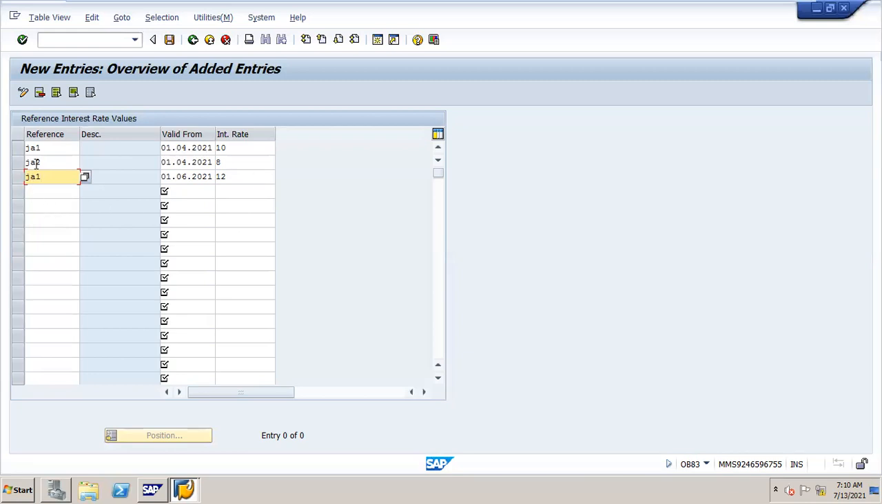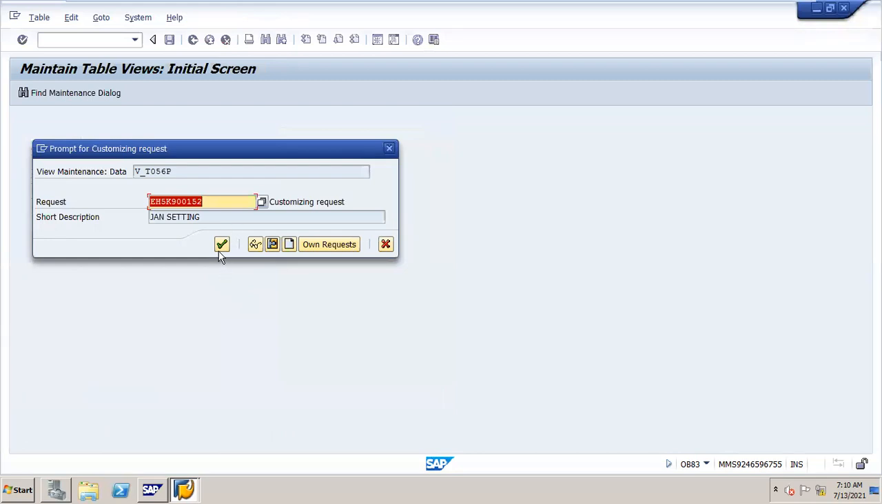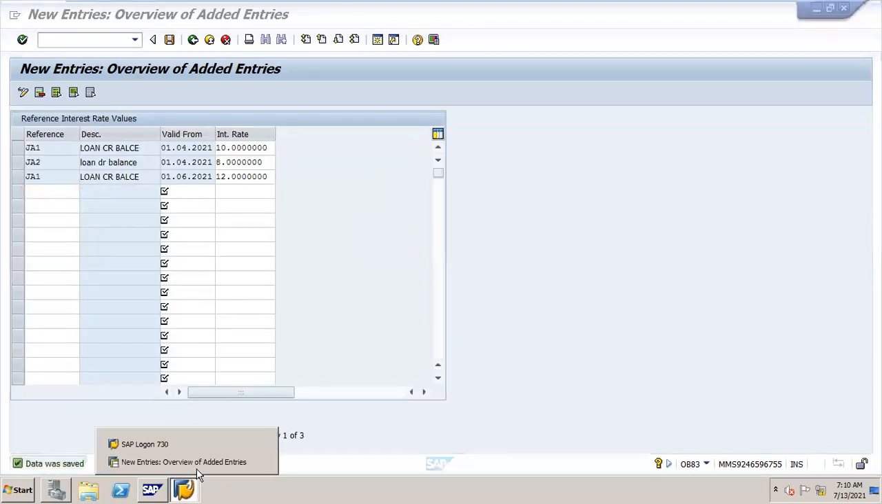So these I assigned to the JA indicator. That JA indicator I should assign to the loan GL account. Okay, save it. Save in the request. Okay, so next,